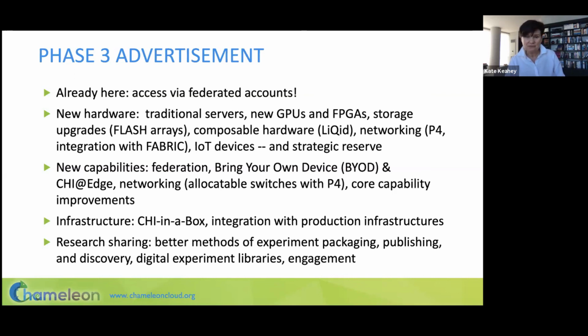On infrastructure levels, we're going to be making improvements to CHI-in-a-Box, and we're going to show deployments of that. And we're going to be developing better methods of experiment packaging and publishing and discovery, digital experiment libraries, engagement. The Summer of Chameleon that I was talking about produced a variety of experiments from those foundational papers. For example, the AlexNet paper from 2012, we packaged the experiments from there, and it takes only an hour to replay those